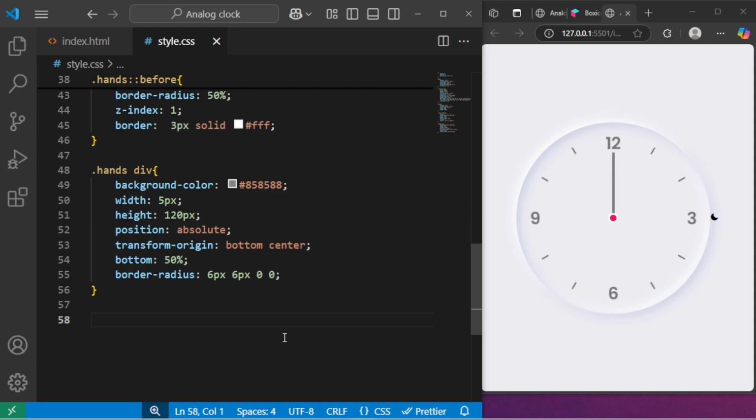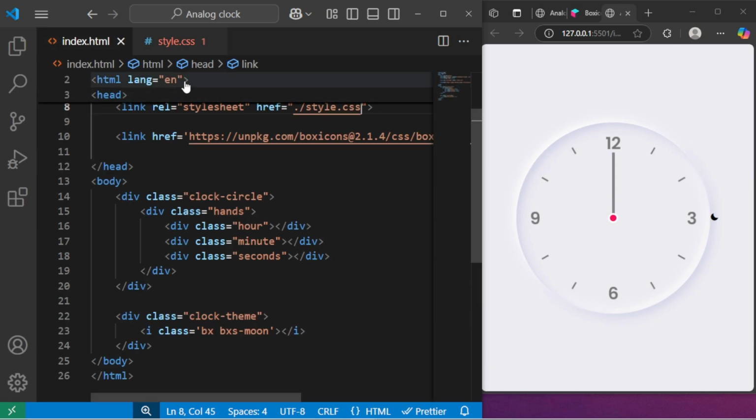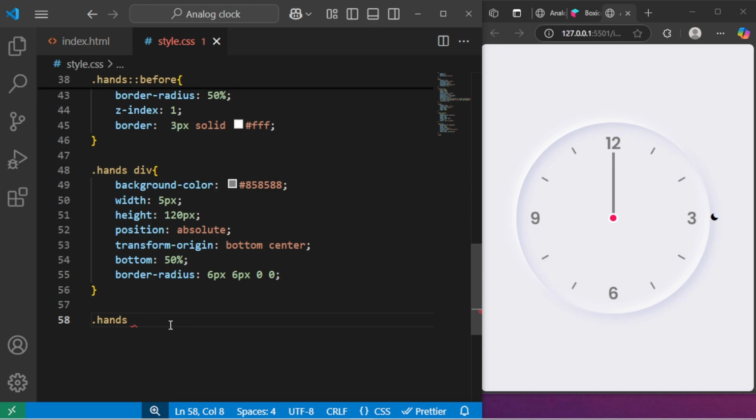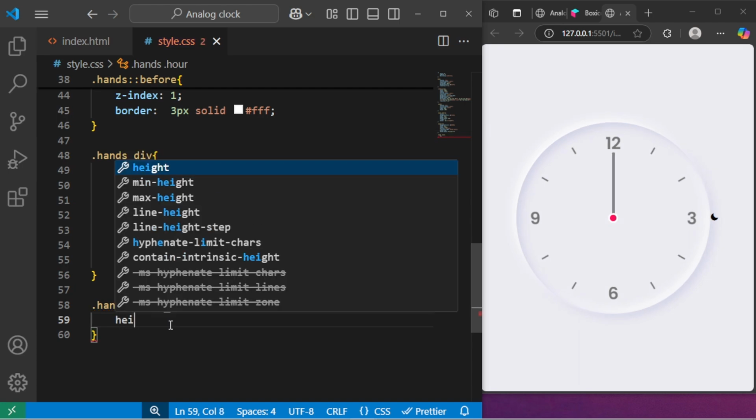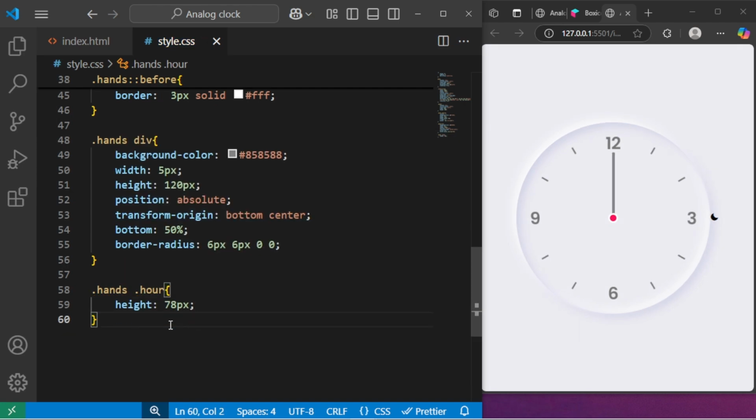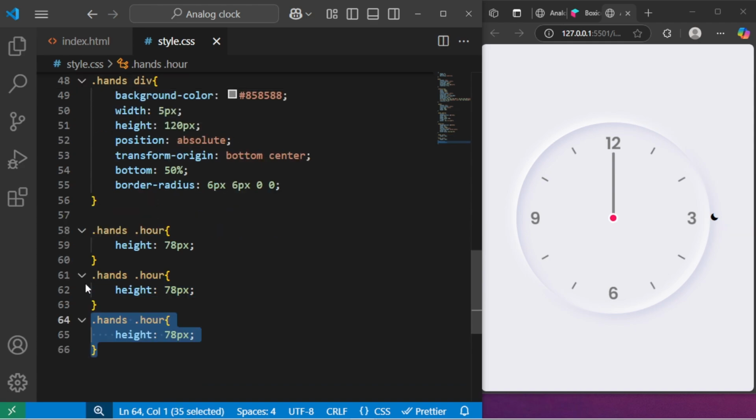So next we want to style the individual hands separately. I'm just going to select the hour hand class, which is hr. I'm going to select it, hr, and I'll give it a height of 78 pixels. Then let me just copy this for the minute and second hand. Okay, I'm going to change this to minute. The height for the minute is going to be 121 pixels. Then for the second hand,